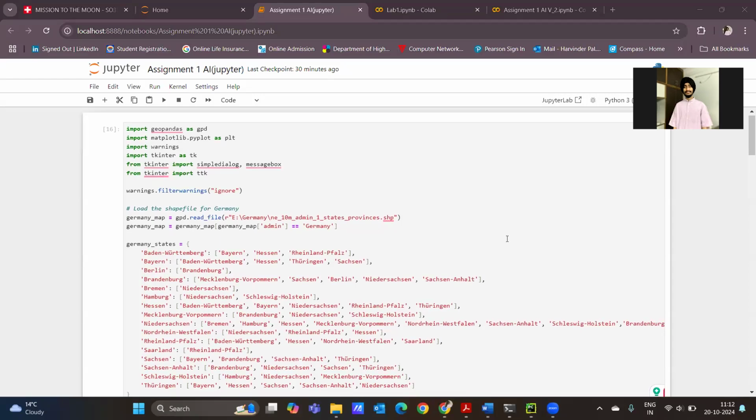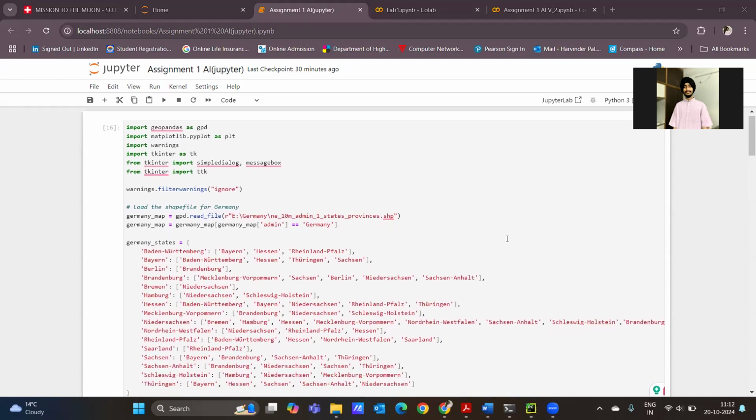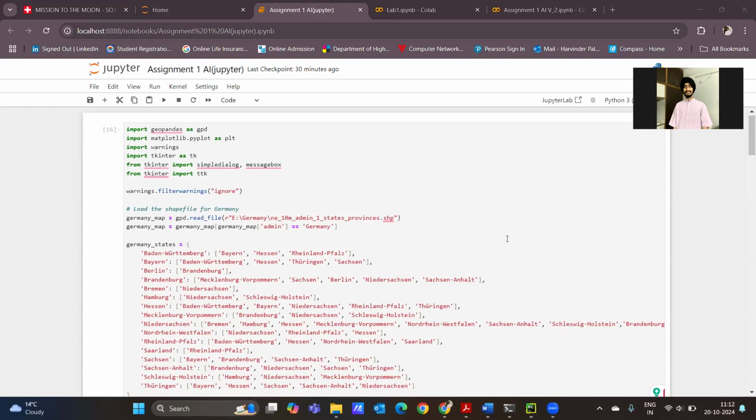My name is Arvinder. This is my assignment one, map coloring. Here I am using the Germany map as my problem. Germany has 16 states. So in the first line of the code, we import various libraries such as GeoPandas for